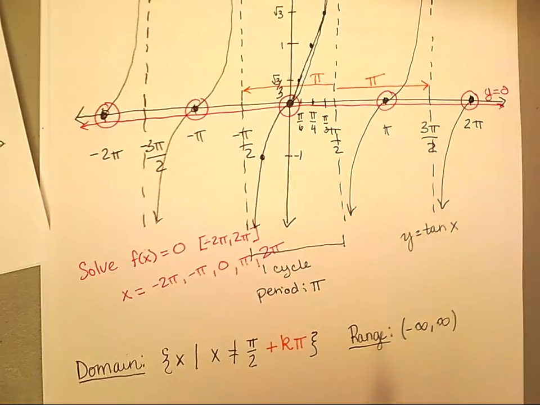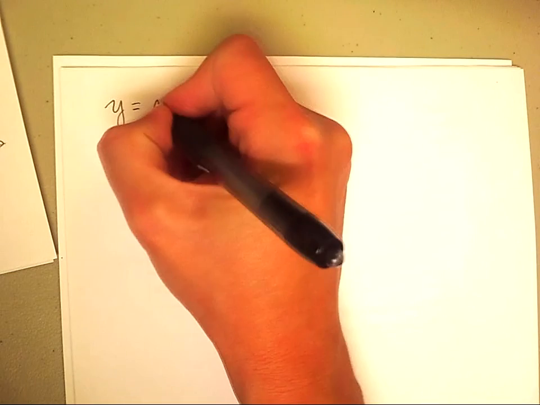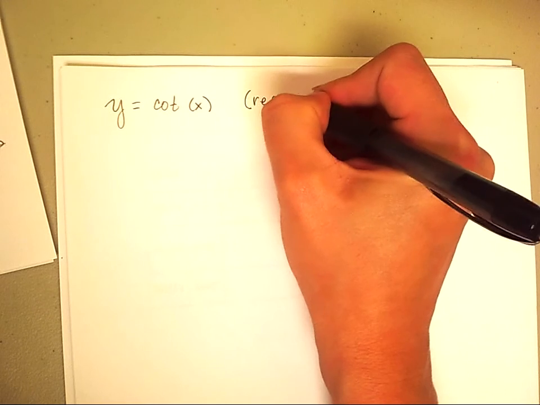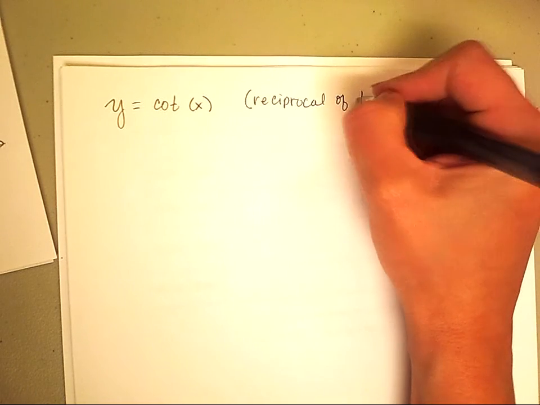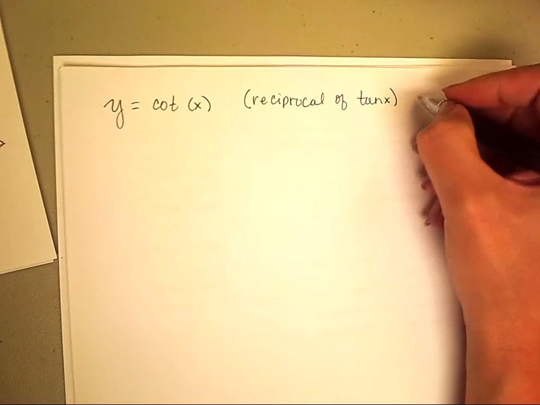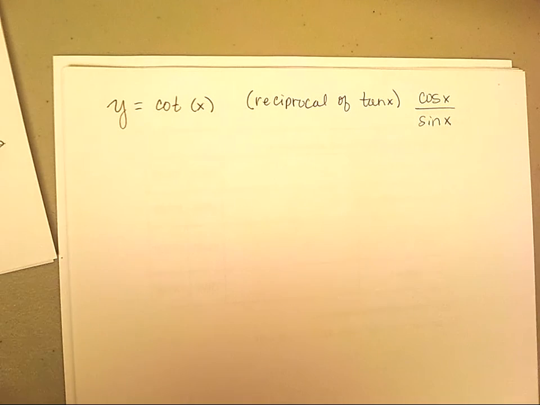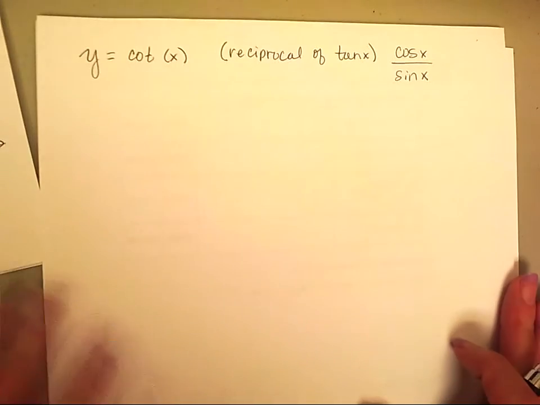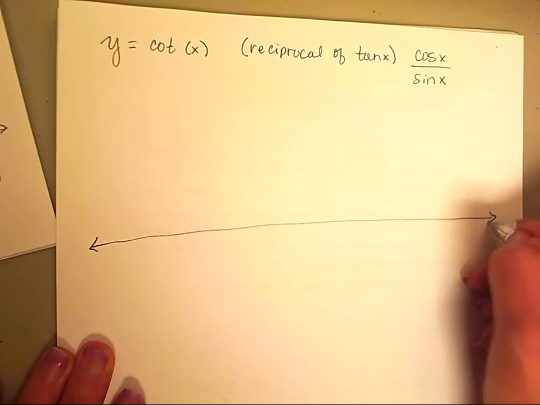Okay, so now let's do the cotangent. And this is just the reciprocal of tangent. Okay, because remember this is now cosine over sine. So we're going to have to worry about where sine goes to 0. Well, we know where sine goes to 0. We've done this a couple of times now. So if we draw this in,